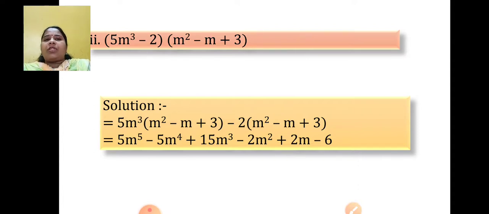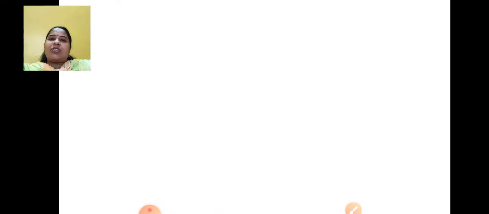After this, can you see any like term here? There are no like terms. The degree starts with 5, 4, 3, 2, 1 and a constant. So this is a standard form with no like term. So leave it as a final answer. Okay. So this was much easier than the previous one. I hope you have understood all the sums. Please write it fast. Let us move to the next question.